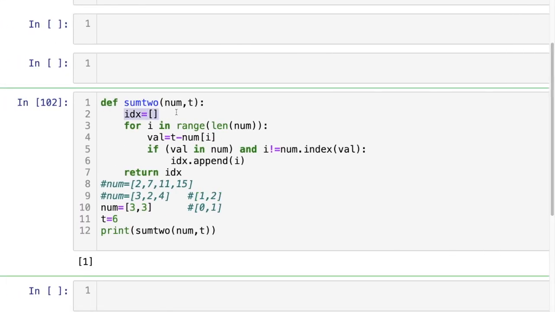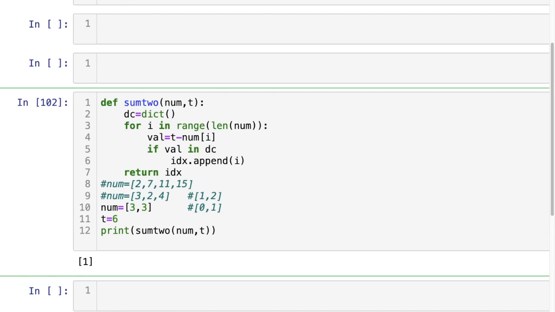So we'll take one dictionary, DC equal to one empty dictionary. Now what we will do, we will check in the dictionary.